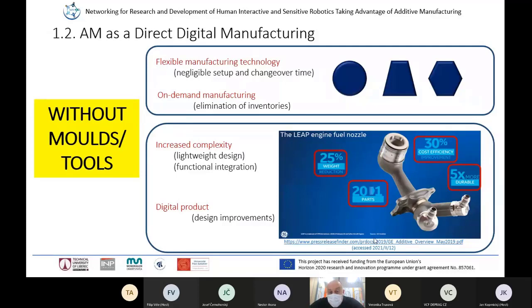So it means that the weight reduction is 20% lighter, and the cost is also more or less 30% lower, because there are fewer assembling operations, quality checks, measures, and so on. So it's cheaper. And as important as the cost is this last aspect: it has been shown that it's 5 times more durable. So it means that the